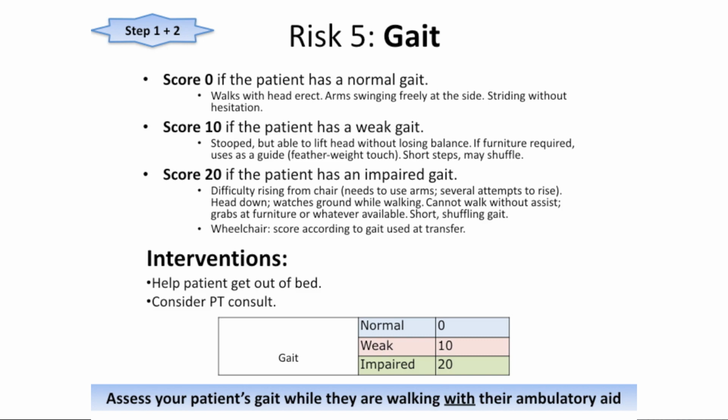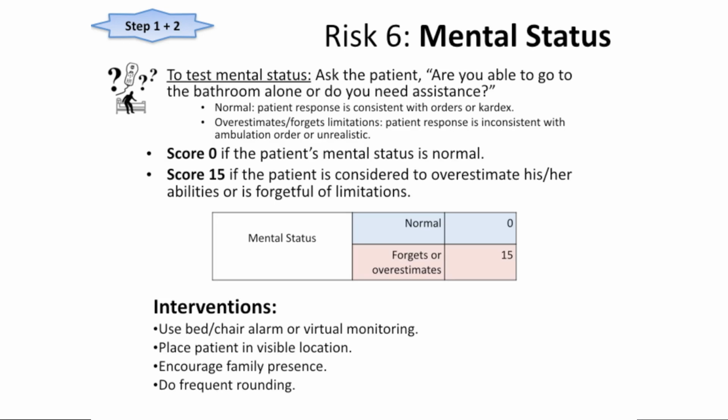And then the last area of risk is mental status. To test mental status, we should ask the patient, are you able to go to the bathroom alone, or do you need assistance? We score normal if the patient's response is consistent with what we know to be true, and we score 15 for forgets or overestimates if the patient's response is inconsistent with their ambulation order, or it's unrealistic. So, for example,